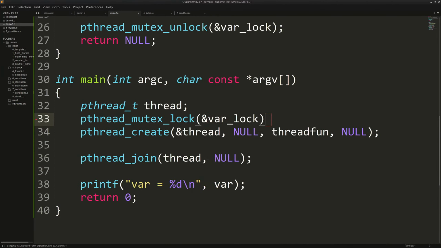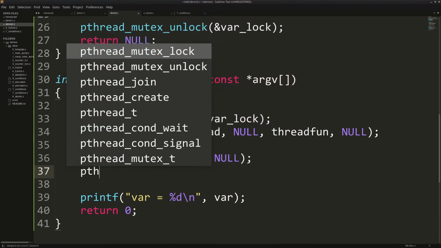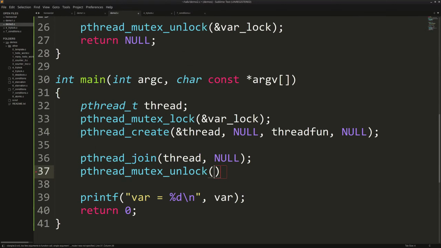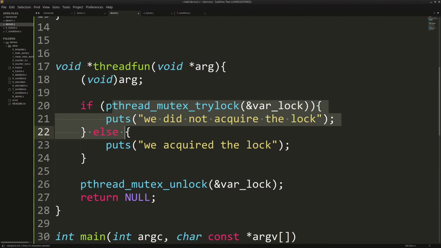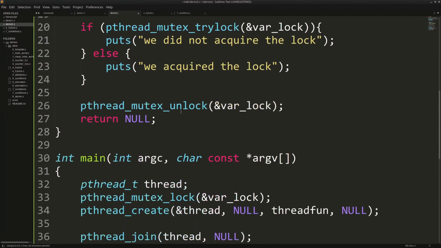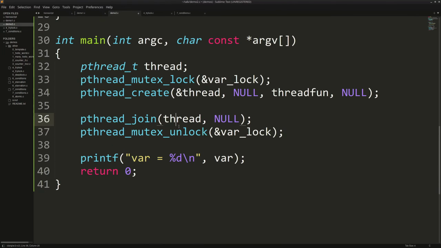So let's lock it and let's unlock it. So would you agree with me here that since we are locking variable lock, and thread function here tries to lock variable lock, this will never work because it's already locked, right? It is locked before this function is even born. This thread, before this thread is born, it is already locked. It will never acquire the lock.